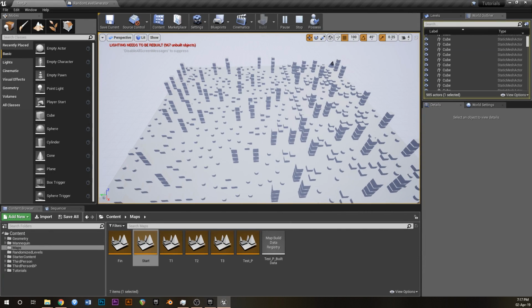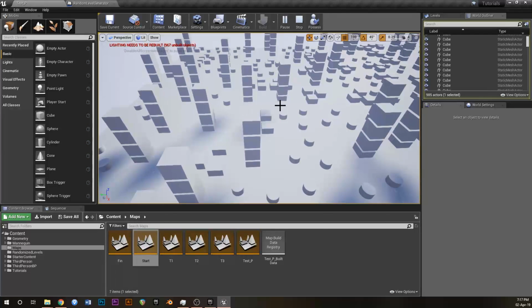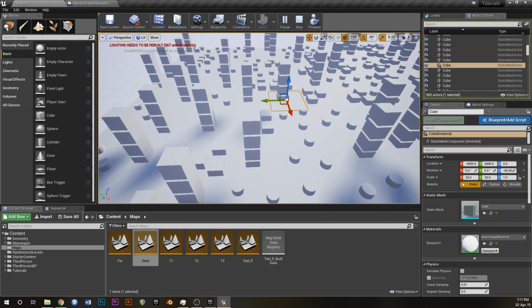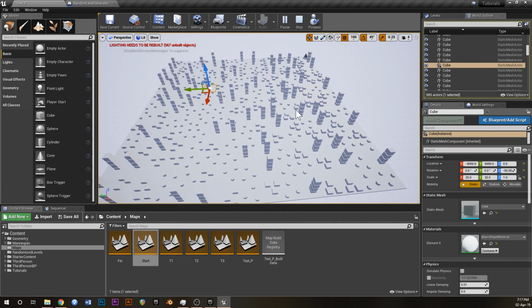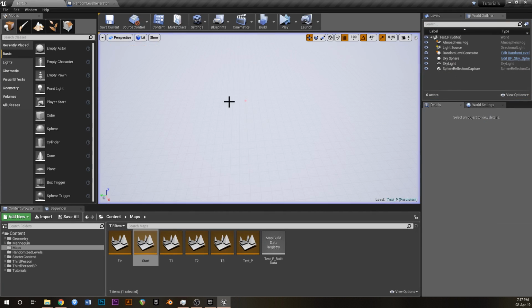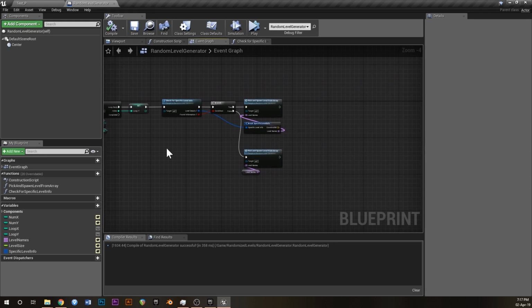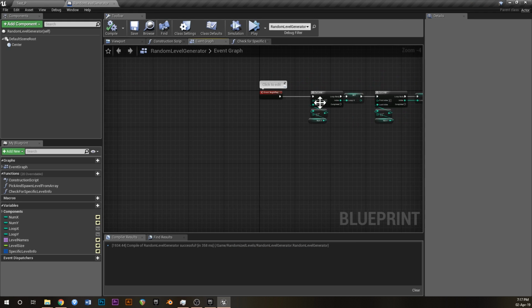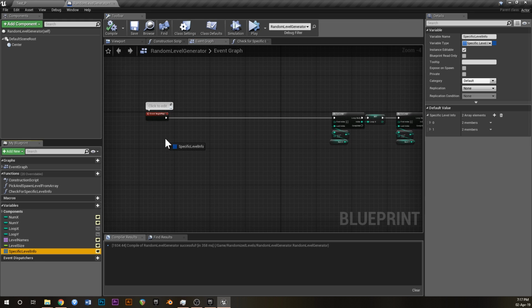You could have specific things like maybe most of these tiles are filled with enemies, and then perhaps you've got like a couple of rare tiles, like every now and again, like over here, that contain some rare pickup to restore your health or something like that, and you can scatter those all throughout. I'm not going to do it now because my brain is getting really tired and I'm probably not making any sense. But what you could do is before this even begins over here, you could just have begin play, and you could say,